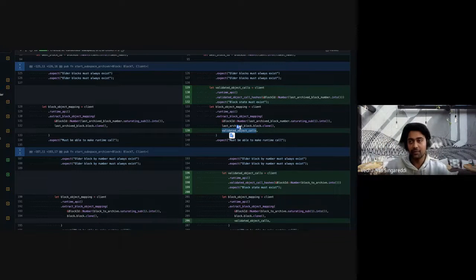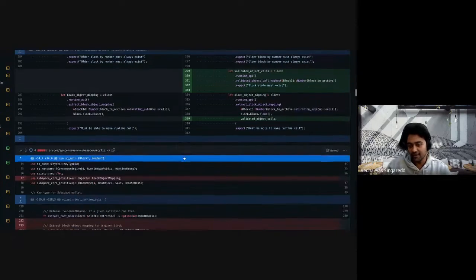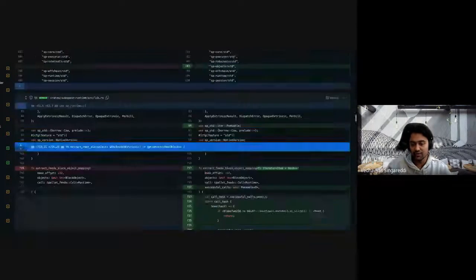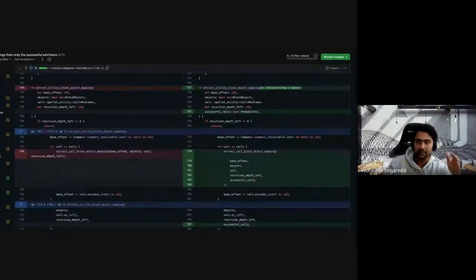The state doesn't exist at that point because we are still taking the previous block itself when extracting the object mappings, so on the checkpoint validation, everything goes as is. We're just passing an extra call by looking a block ahead and getting those validated calls. So with this, essentially, the runtime would have access to a list of extrinsics in a particular order,